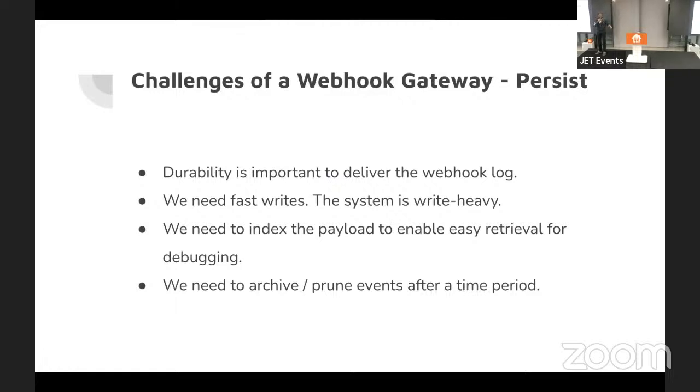They're starting to do billions of events, and there's no need for the events to be in the DB for that long, as it degrades the entire performance of the system. So we need a way to archive the events in an efficient way. If you use a persistence layer like a relational database, doing random deletes is also going to affect the write performance, right? So we also need an efficient way to prune all these events from the database.